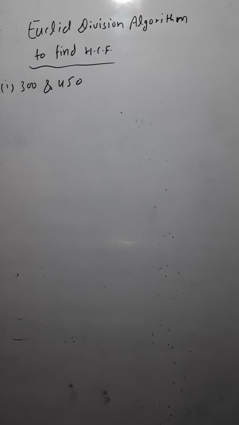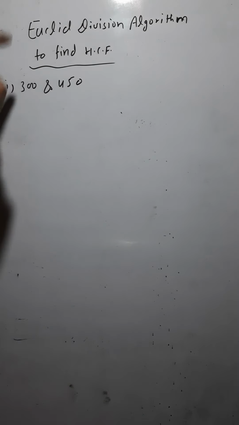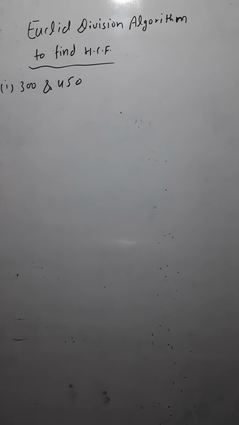Hello, dear students. So today we will move ahead in this second chapter of class sixth mathematics, that is playing with numbers. As I was just telling you, how to find out the HCF using the prime factorization method, that we have already discussed. Now today we are going to discuss the second method, that is Euclid division algorithm. By this method, again we are going to find out the HCF. So how to find out the HCF using the Euclid division algorithm?